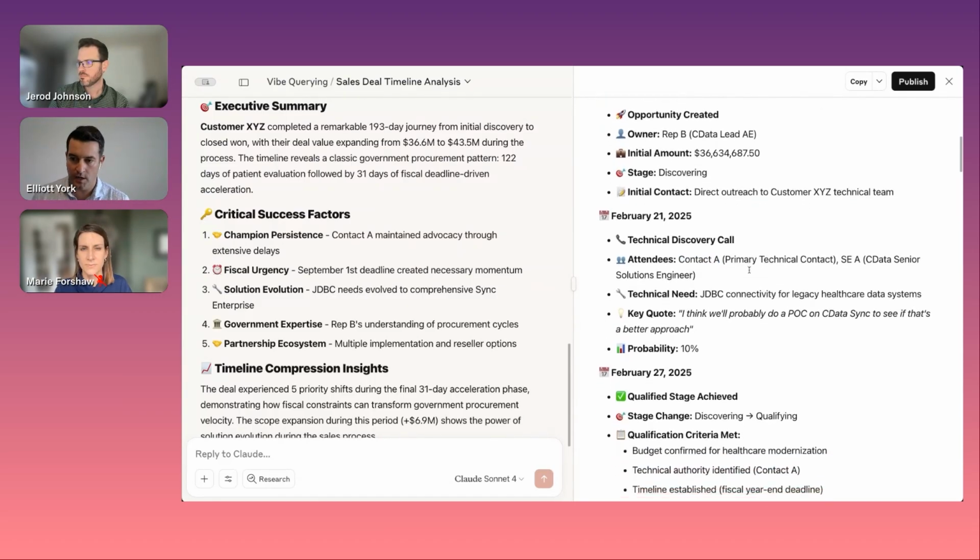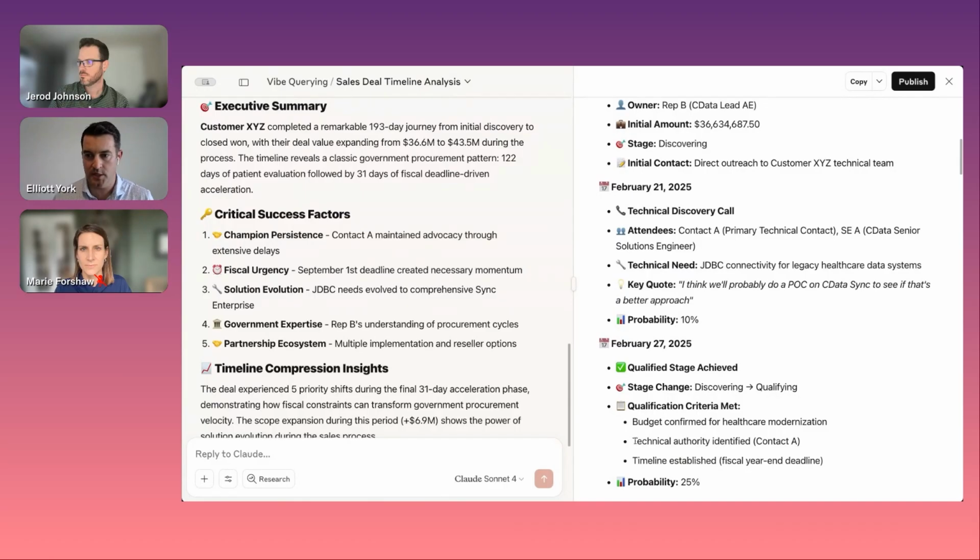But very early on, I determined that there was an implementation partner identified. And one of the first subsequent prompts that I did, because I was very interested by this, I always am when there's a partner involved, I just asked Claude, hey, give me more information about this particular contact.